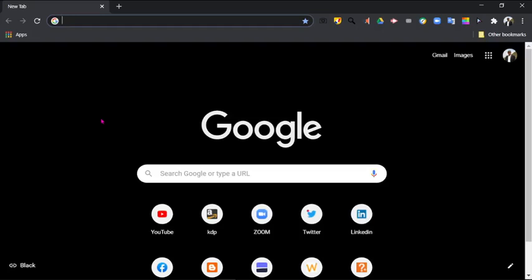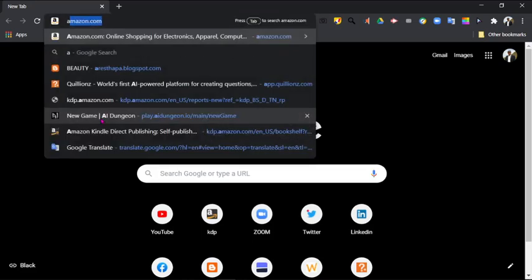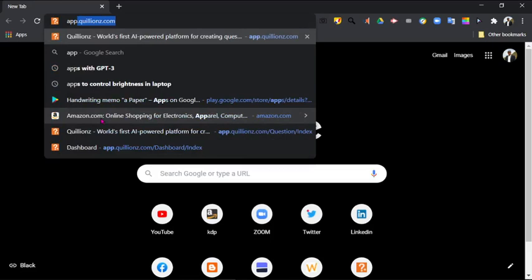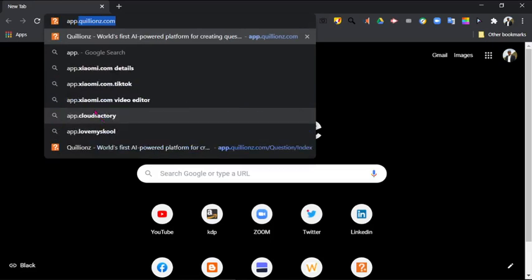After you have signed up and created an account with Quillionz.com, now you can type in the Google search box app.quillionz.com